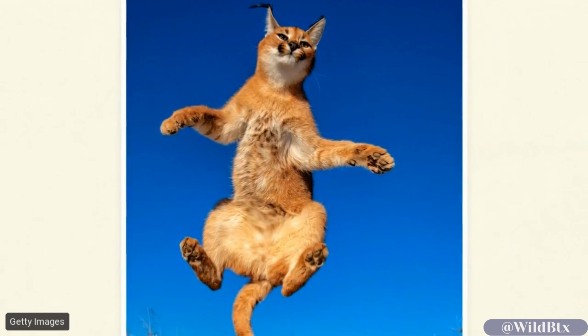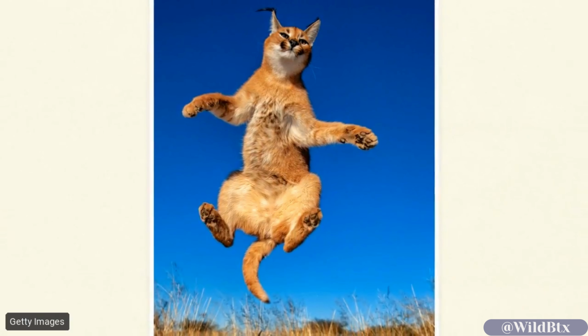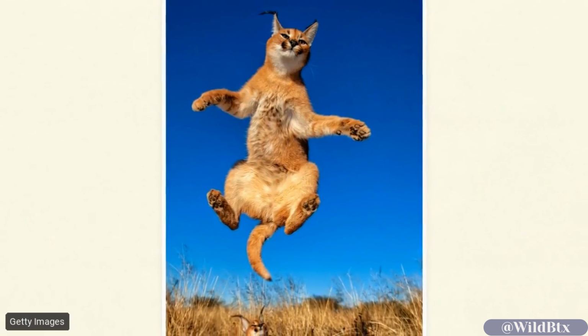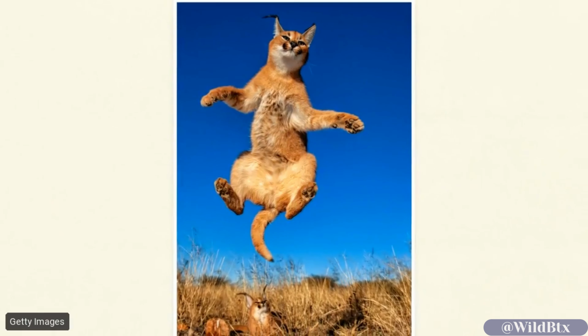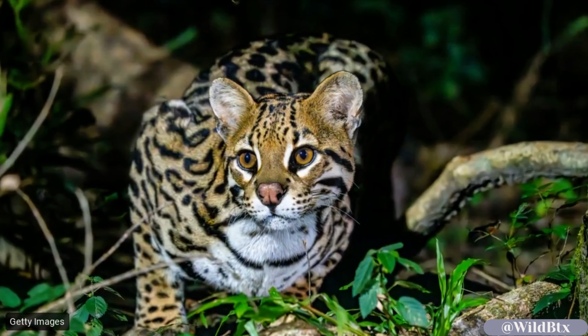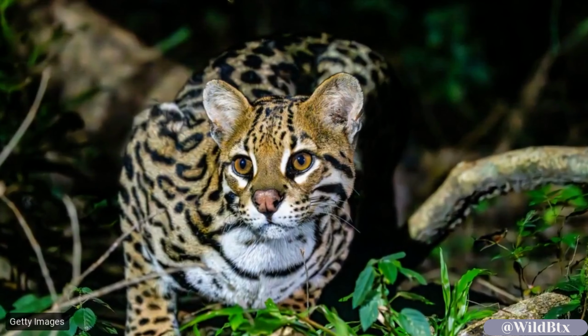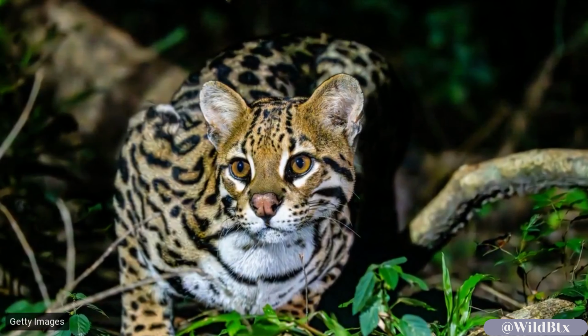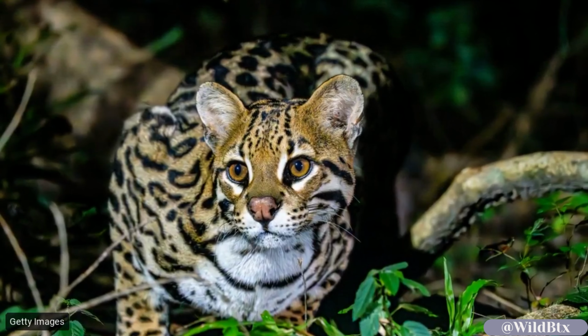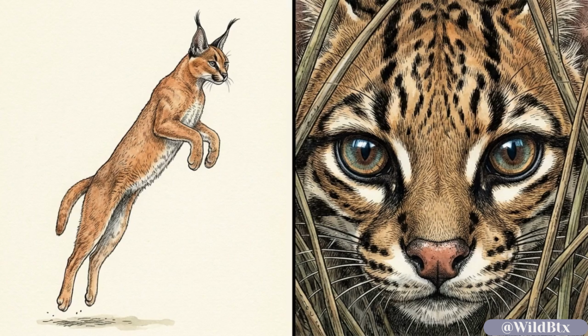You can see this mastery in the caracal, which uses specialized fast-twitch muscle fibers in its hind legs to launch itself up to 11 feet straight into the air to pull birds right out of the sky. Or consider the ocelot, which adopts a hyper-patient terrestrial strategy. It will sit entirely motionless on the forest floor for up to an hour, waiting for the exact right moment to ambush its prey. Whether they rely on an explosive vertical sprint or an hour of absolute stillness, these predators